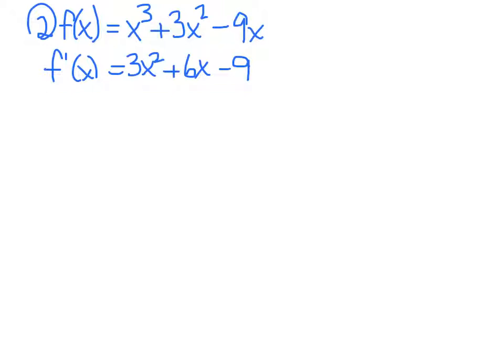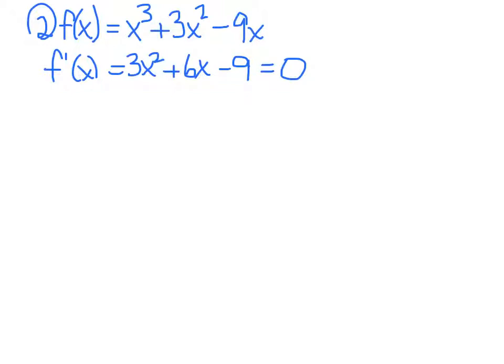So let's look at another example. Let's say I had the function f of x equals x cubed plus 3x squared minus 9x. So you can see underneath I took the derivative. Now remember what we do is we take that derivative and simply set it equal to 0. Now this is an example where I'm not really exactly sure what x cubed plus 3x squared minus 9x looks like. Okay, so this is where taking the derivative and doing a sign chart may be a little